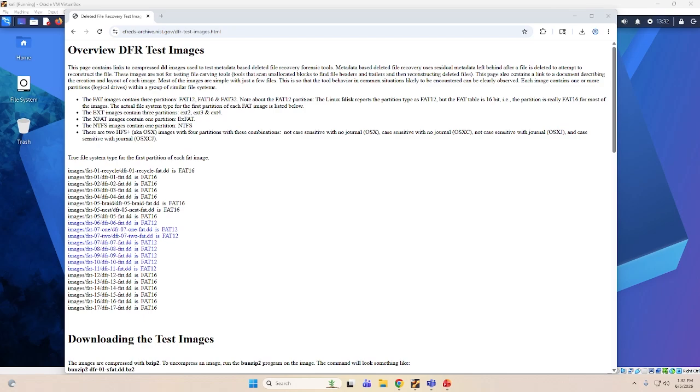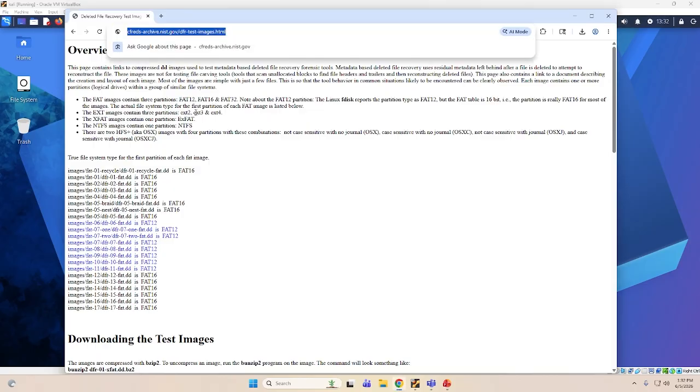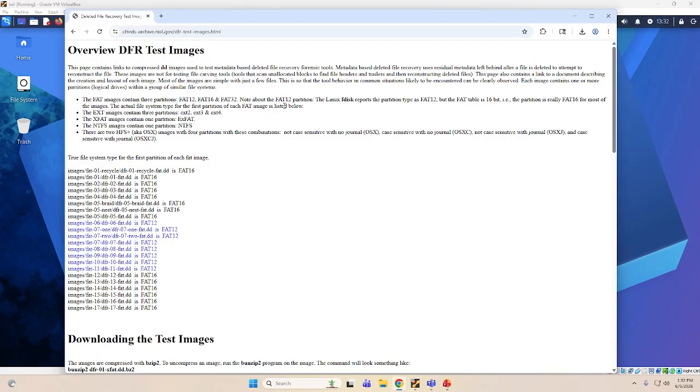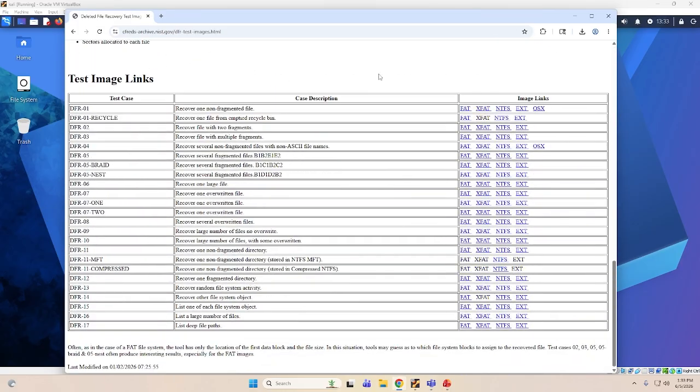All right, so now I want to go through a recovery using a test image from a DFR test image. These are hosted at cfreds-archive.nist.gov. There are several images out here, and these are specifically for deleted file recovery. They come in different formats. So the one that we're going to do right now is recovering a file with 2 fragments, just because I